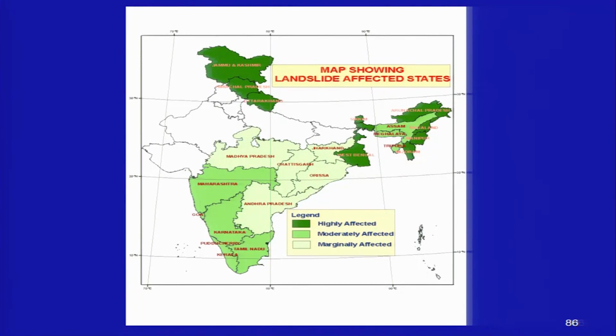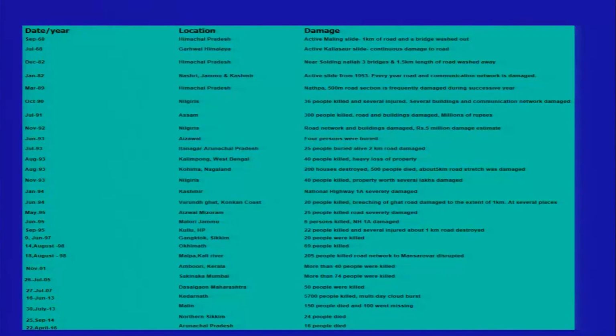Map showing landslide affected states. So, the darker green color is highly affected, the lighter one is moderately affected, and the lightest is marginally affected. These are a couple of landslide events which have been experienced since 1968 to 2016 in India,